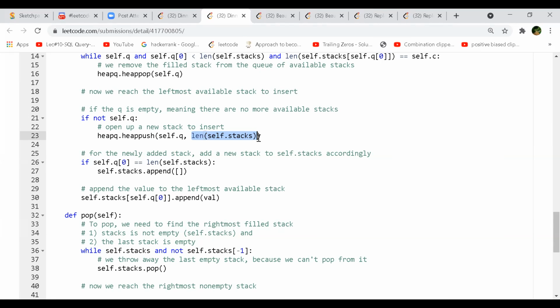For the example, we are popping at index 2. So we are pushing that index 2, which is like removing the top element of the second stack, right? If we are popping at index 2, at that time we are pushing index 2 into the heap. I didn't get that part. Why are we doing that? It's confusing how we are using the heap here.